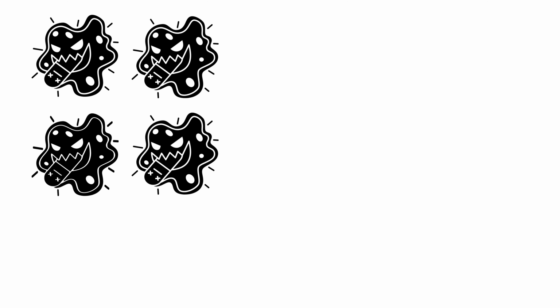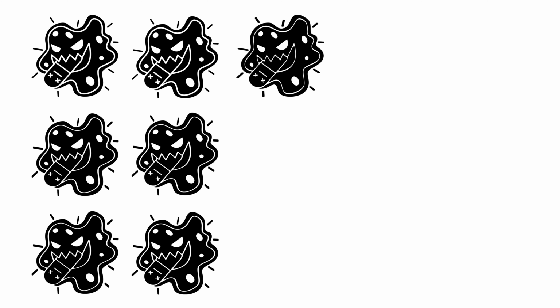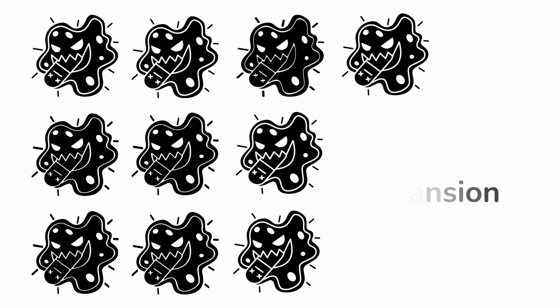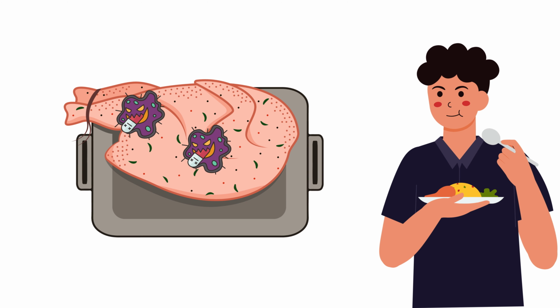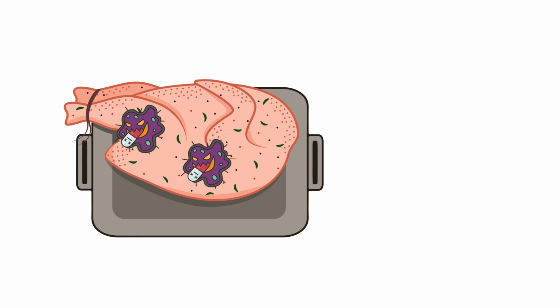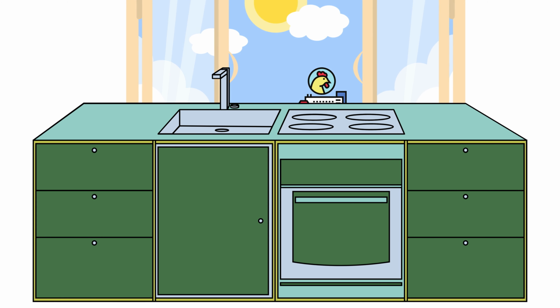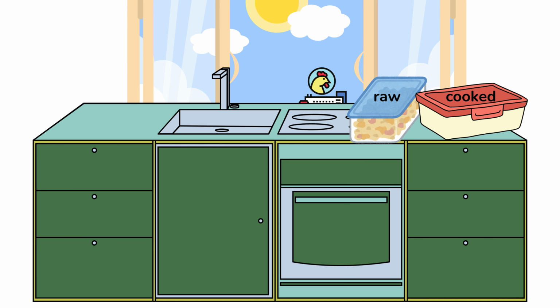This process of rapid replication and proliferation of a single resistant clone is known as clonal expansion. The resistant clones can spread to new hosts through direct contact, contaminated surfaces, or even through contaminated food. Proper food safety practices are key to reducing this risk. For example, avoiding washing raw chicken and always separating raw and cooked foods can help prevent the spread of harmful